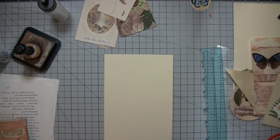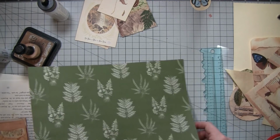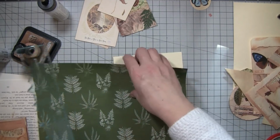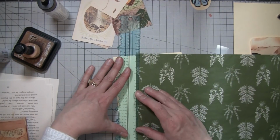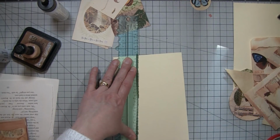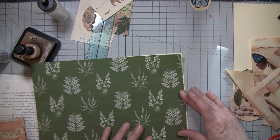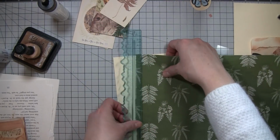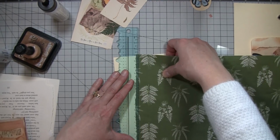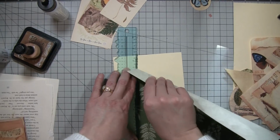Let's use some of this Fern paper. And then we can also keep checking the placement of our little window so that we can get something cool to put on there in the window spot. And I've done these before, and I've seen other people do these window pages. I did one when I was going to do a Rosa Kelly. She was making a whole journal using all different people's